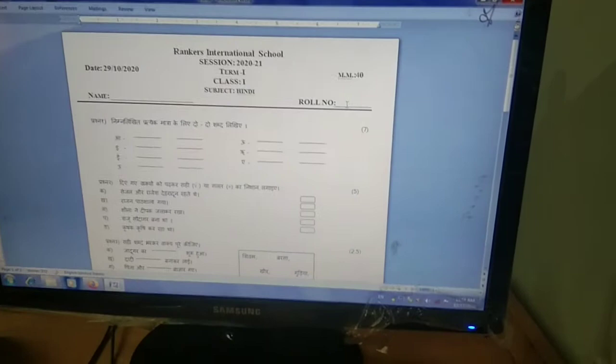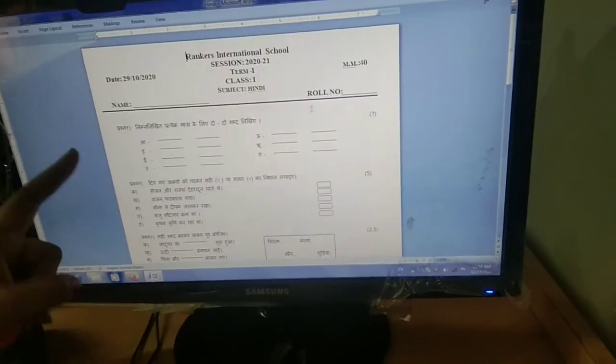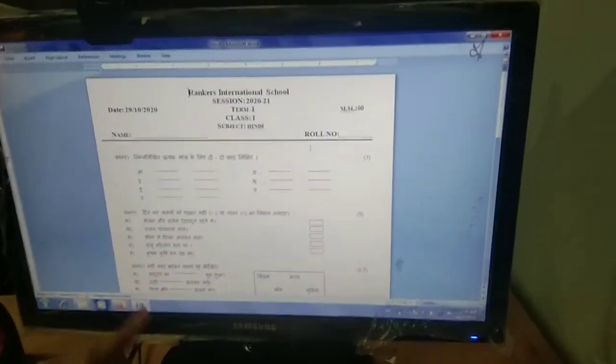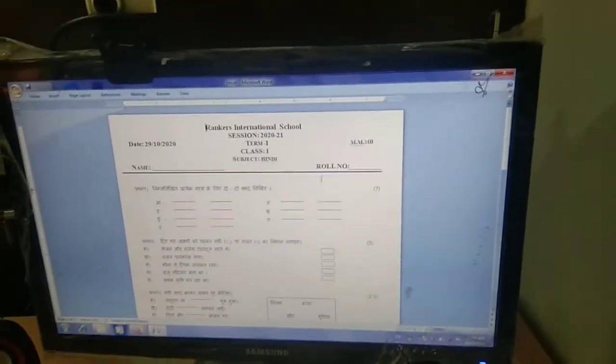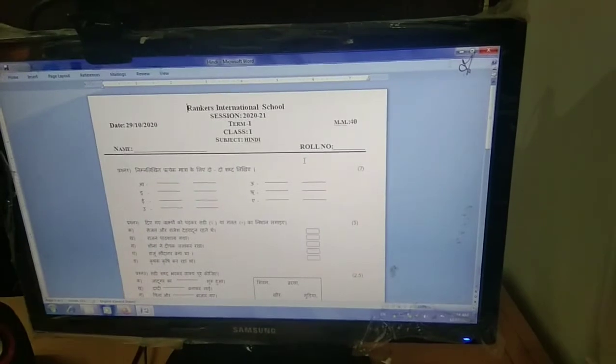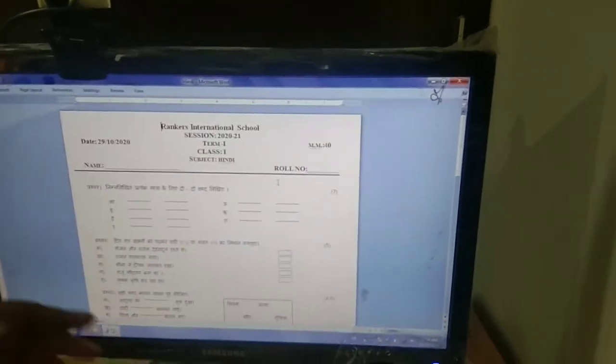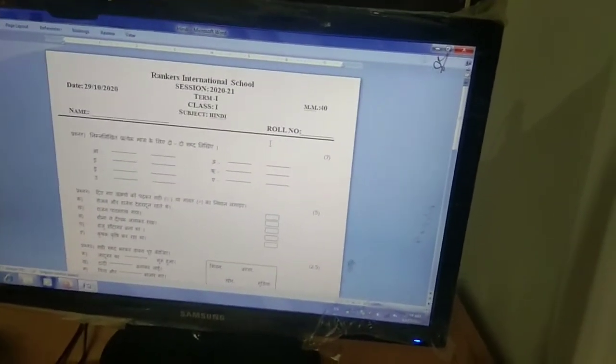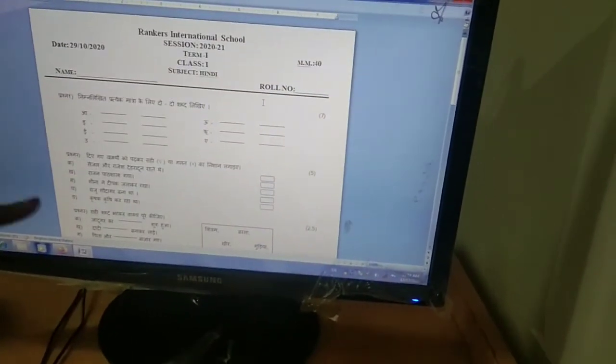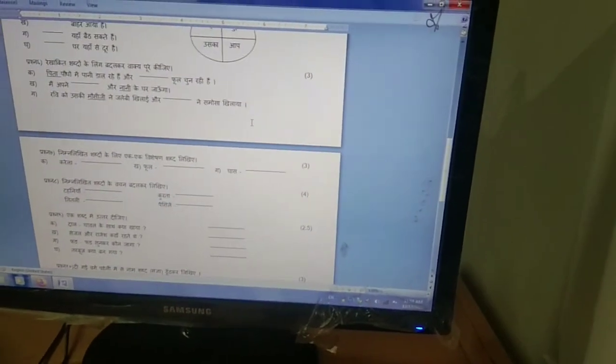Now you can see on the monitor, on the screen, this is a question paper which you have given earlier. अब हमको नेक्स्ट पेज पे देखना है, या फिर इससे नीचे क्या लिखा हुआ है वो हमको पढ़ना है. तो what we will do, we will use the scroll wheel and we will move down. ये ऐसे हम डाउन करेंगे, तो ये ऐसे डाउन जाता जाएगा. ठीक है, पेज डाउन होता जाएगा.